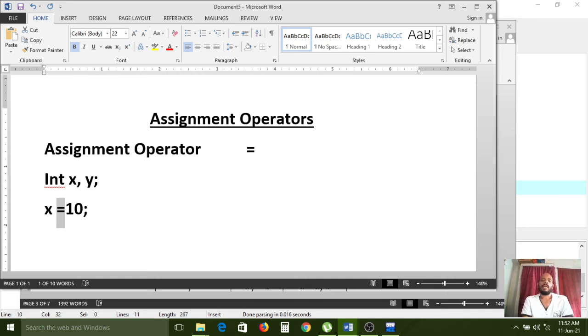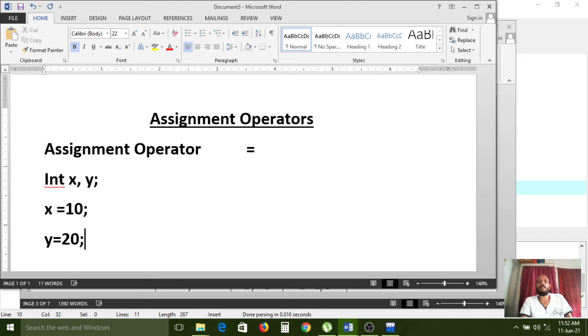The assignment operator is used to assign values to any particular variable. Without the assignment operator, you can't assign any values to any variables. Understood? So compulsorily, if you want to assign values to variables, we have to use the assignment operator. That is the importance of the assignment operator.